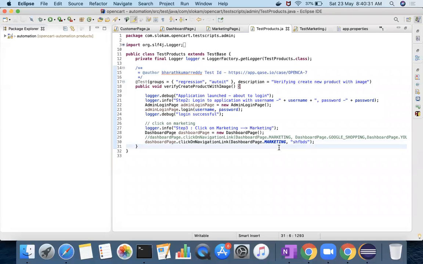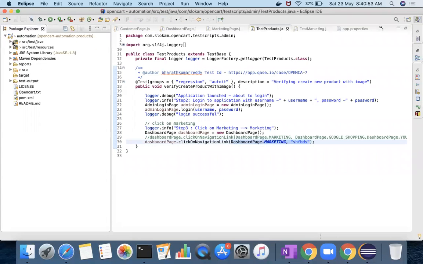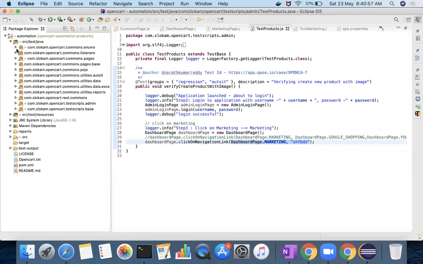So instead of that, if I use enums, then I can directly use them. The users cannot provide whatever data they want. What they can choose is only the data that we provide. So now how I can do that is, I create a new enum.